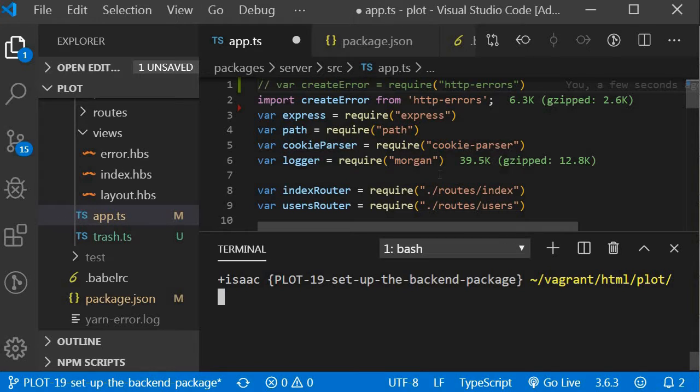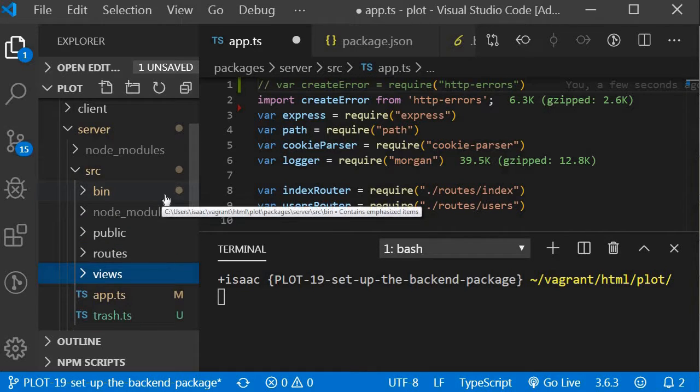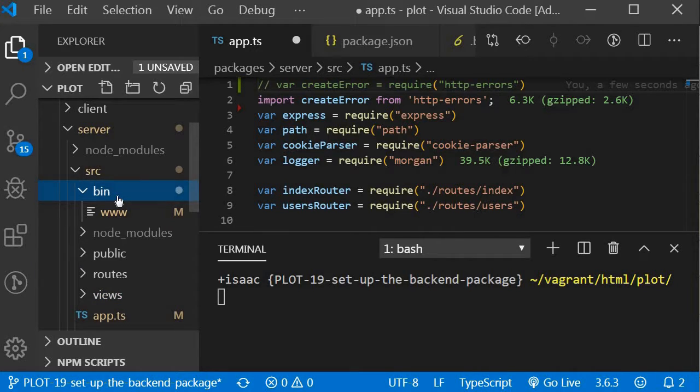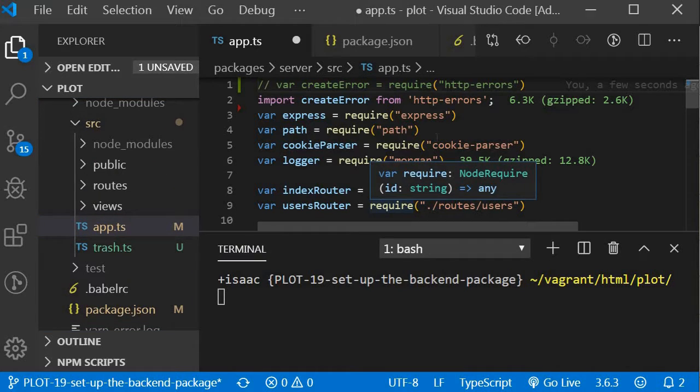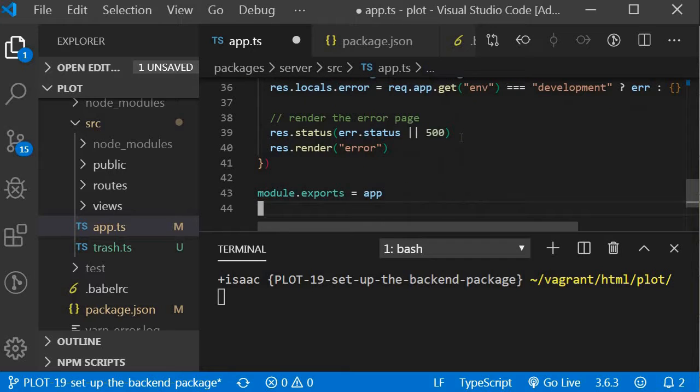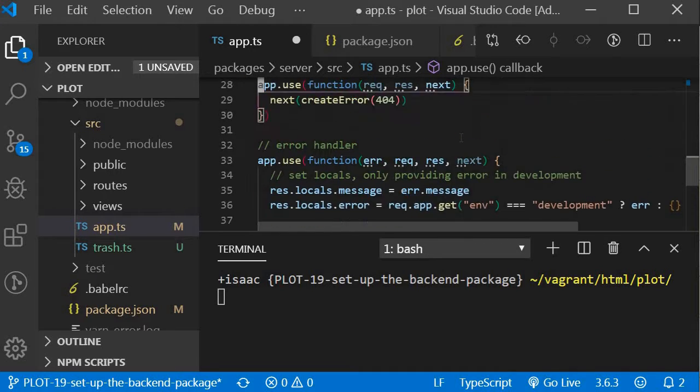After checking out some of the TypeScript documentation and looking over some other developers' setups for TypeScript and Node, what I've come to find out is that what would be best is we get rid of this bin directory. Let's go ahead and do that. In our app directory, what we want to do is go ahead and